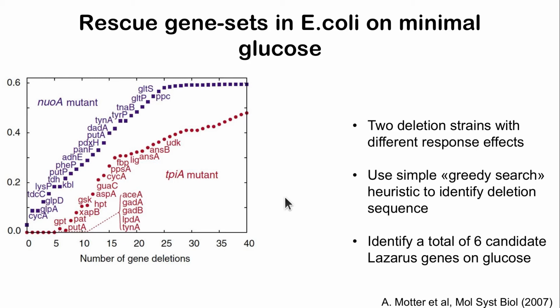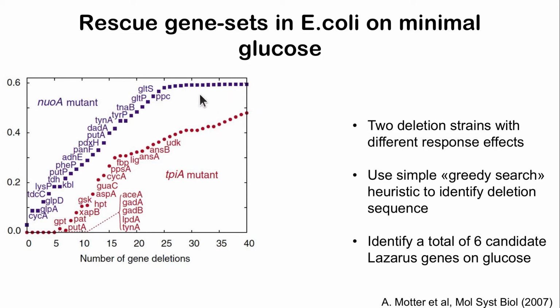So for instance, here this is an E. coli minimal glucose model. This is not the exact same model as the E. coli core model that is included in COBRA. This is a slightly more advanced model. And we'll see that, for instance, for NUO-A or for TPI-A, the single mutant is going to have a quite low growth rate off the bat. However, if you add a bunch of additional mutations in addition to that original mutation, you might recover something that